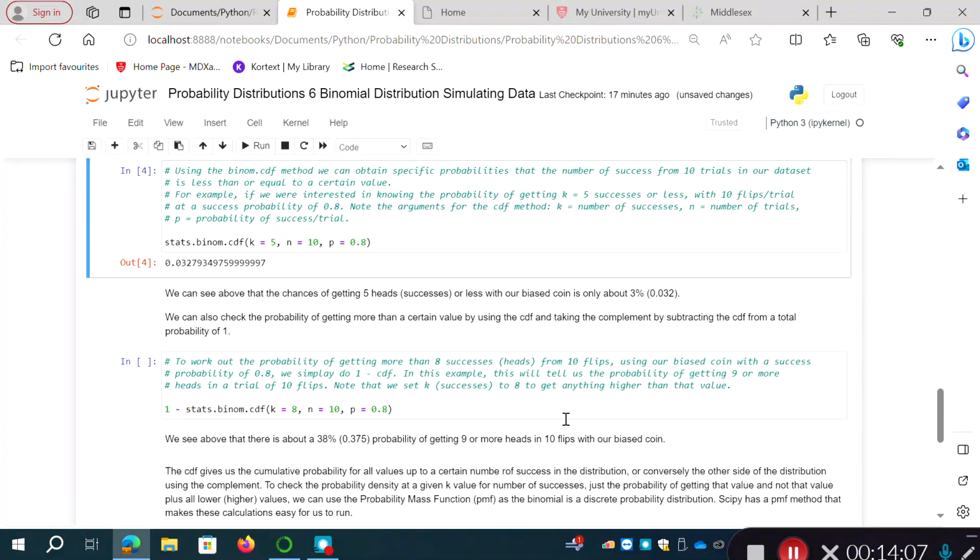We can also check the probability of getting more than a certain value using the CDF by taking the complement. So we subtract the CDF from a total probability of 1. In the previous video, I demonstrated a similar thing in SciPy using the survival function, the .sf method, but we can do this calculation another way as well. To work out the probability of getting more than 8 successes from 10 flips using our bias coin, we simply do